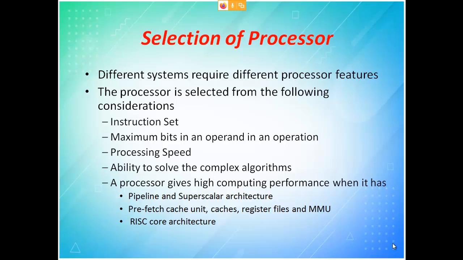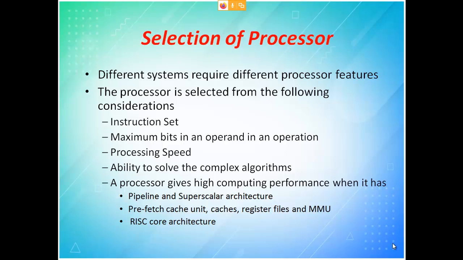Then comes the selection of processor. Again I say it purely depends upon the product which you are developing. Okay, see, and last class itself I told you, all of you have to think like a CEO of a company. So when you want to make an embedded product, the processor should be properly selected, or in other words, whether you require those features in your embedded system, then only you have to go for that processor. If that is not at all required, you are not supposed to go, because the cost will increase,